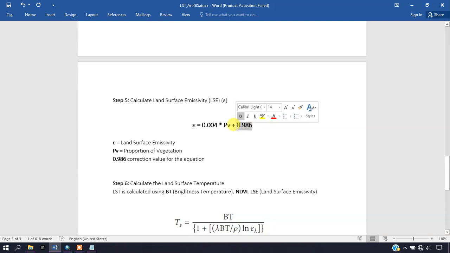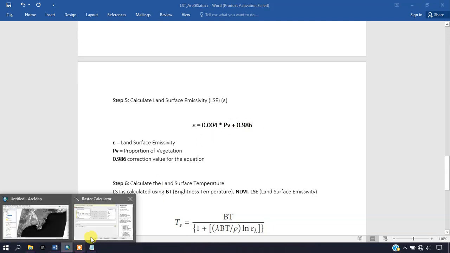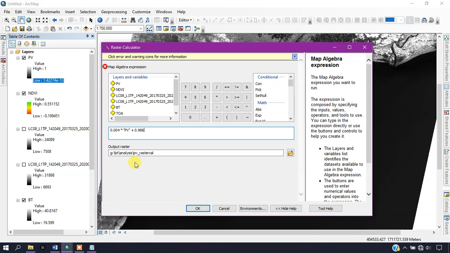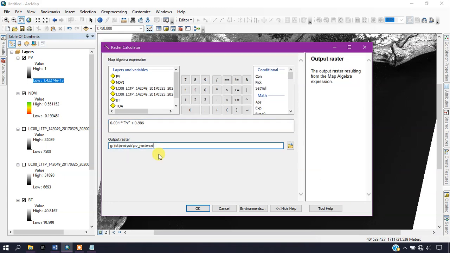So this is the value for it, and you can see here. Now we have to save it as LSE, land surface emissivity.